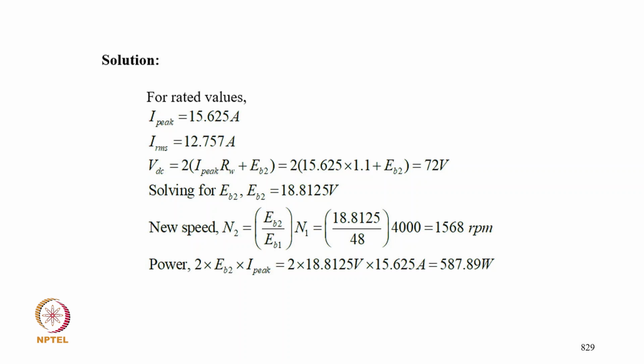So the solution for rated values: IP equal to 15.625, IRMS is 12.75, and VDC equal to IP R plus EB2, which comes to 72 volt. Solving, EB2 equals 18.125 volt, and speed N2 equals EB2 upon EB1 times N1, that comes to 1568 RPM. Now power equals EB2 times IP, it comes to